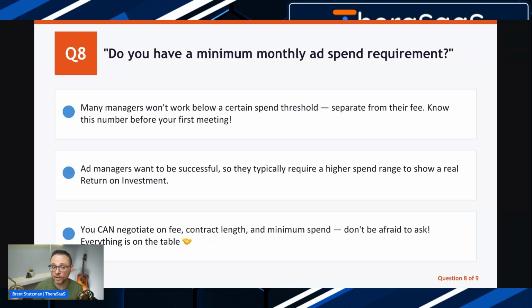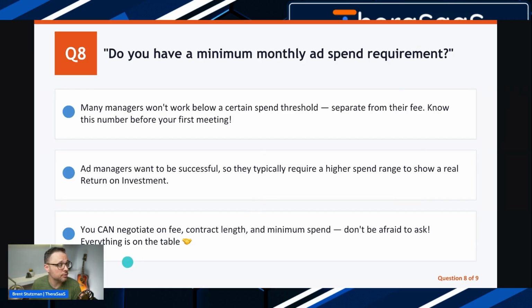So they might start off by saying, hey, we encourage you to spend $1,000 a month. And then you can always pare back, but they're just trying to get a bunch of traffic, get a bunch of conversion events happening so Google can learn who the audience is and things like that. All right. Eventually AI is going to take all this over, but you want to know if there's like a minimum requirement. Ads managers want to be successful, which I already talked about. So they may require a higher spend range, but at the end of the day, the manager may be like, look, I only work with high spenders. And so if you're spending less than $1,000, you're not a good fit.